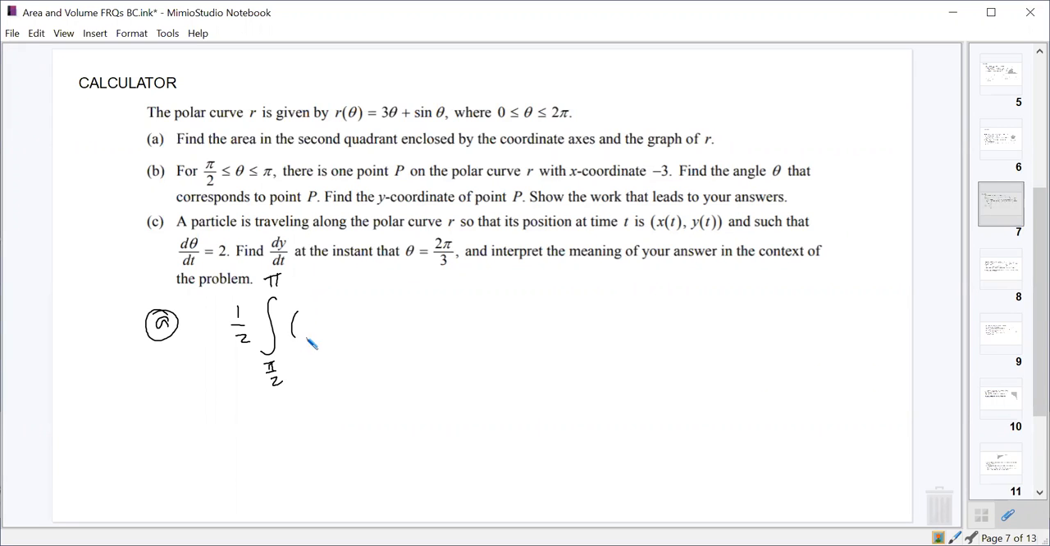squared, but you can just write r of theta if you want, or if you want to write 3 theta. I prefer to write 3 theta plus sine theta squared. Don't forget to write the d theta, and make sure you're in radians on your calculator and just plug that into your calculator and get an answer. And you should have got